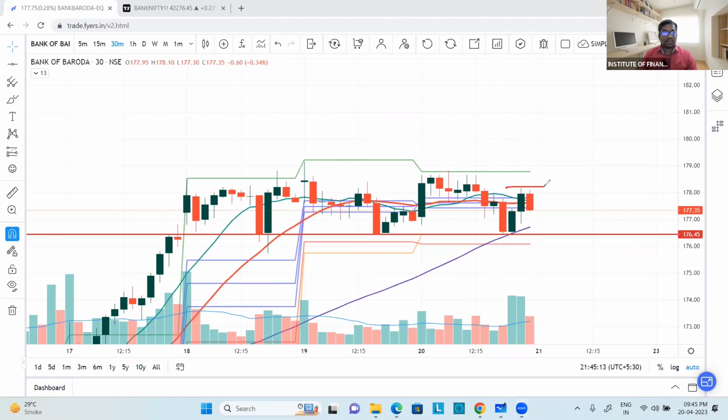Above the CPR, sir, price above the CPR. See, the range is very small, that's why it is not able to move easily upside, because there was an immediate resistance. After taking our trade, it went up to 178.70, or 80 points up it went. Later, because of this resistance, and Bank Nifty was dragging down, that's the reason it came down, okay? Anything else?